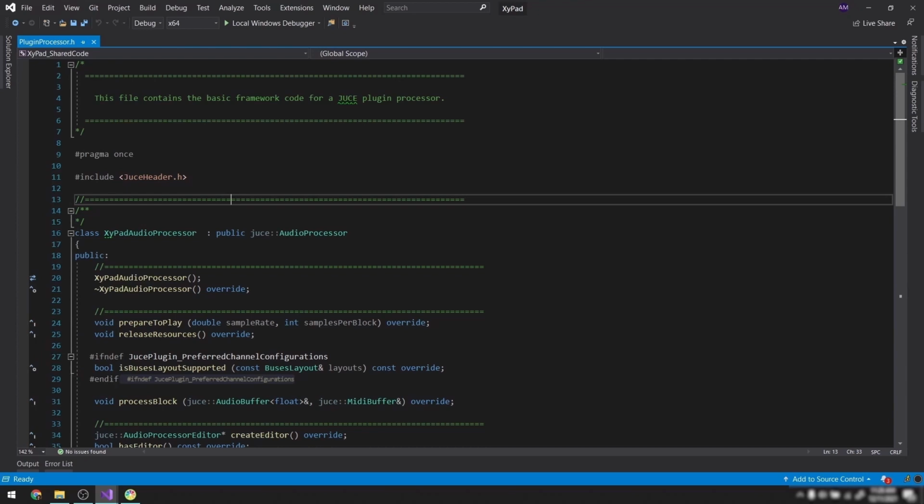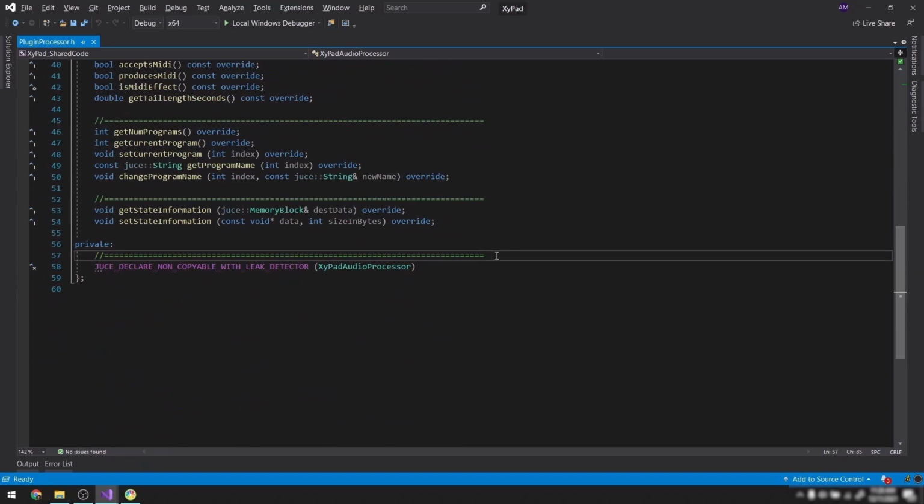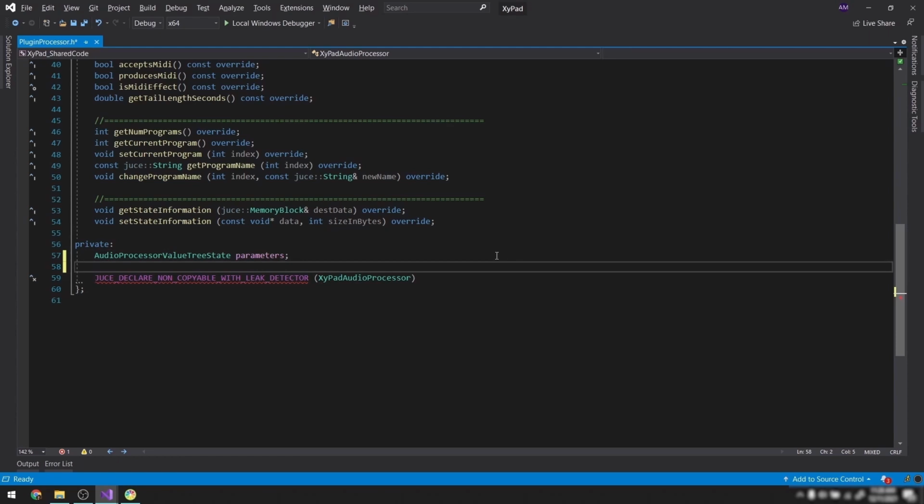Right, so in the plugin processor, we will firstly establish a couple of parameters. And parameters here are going to be the global parameters that are available and exposed for this particular application, namely the gain and the pan parameters. So the best place for you to put these parameters would be within the audio processor value tree state instance. So I'm going to declare a new instance of the APVTS class,